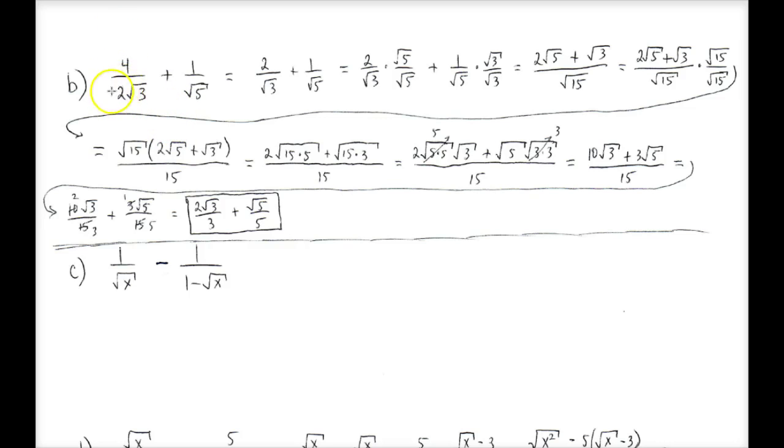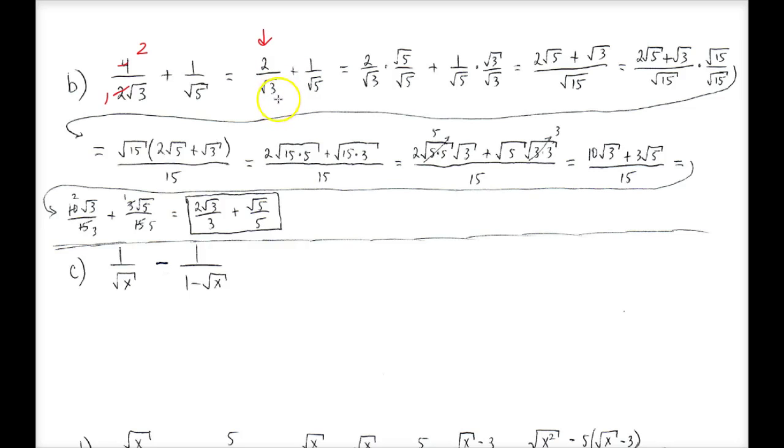The very first thing that we see, low-hanging fruit here, is that 4 divided by 2 is just 2. So we could take this and just simplify that, and that's why we have 2 divided by square root of 3 here. And of course, we just write the plus 1 over square root of 5 there. Now from this point, we want to rationalize our denominator here, and the quickest way to do that and be able to add these fractions at the same time